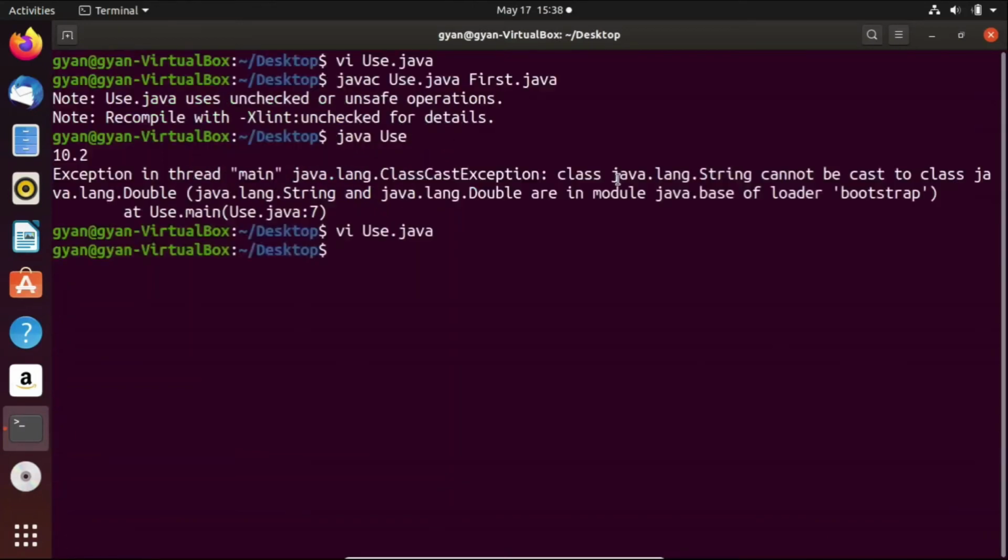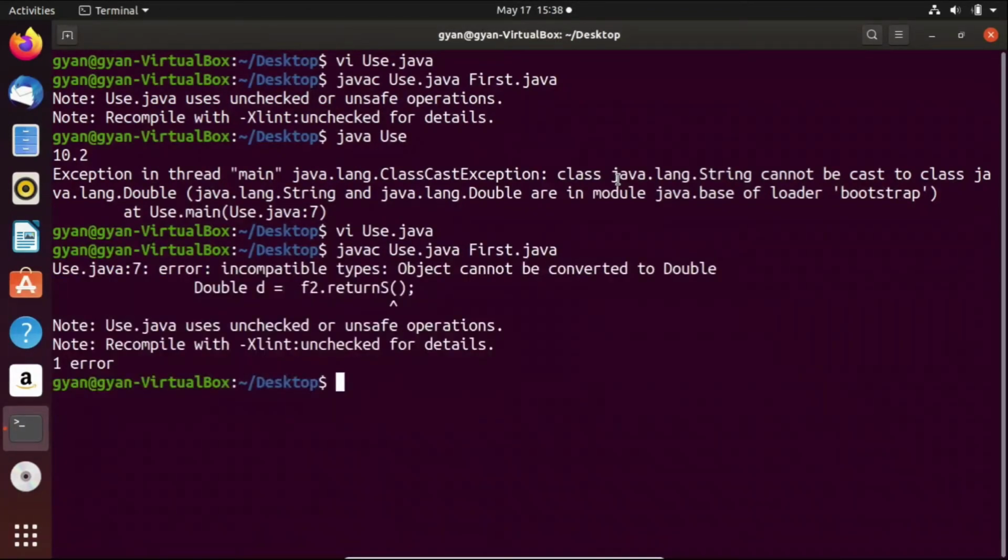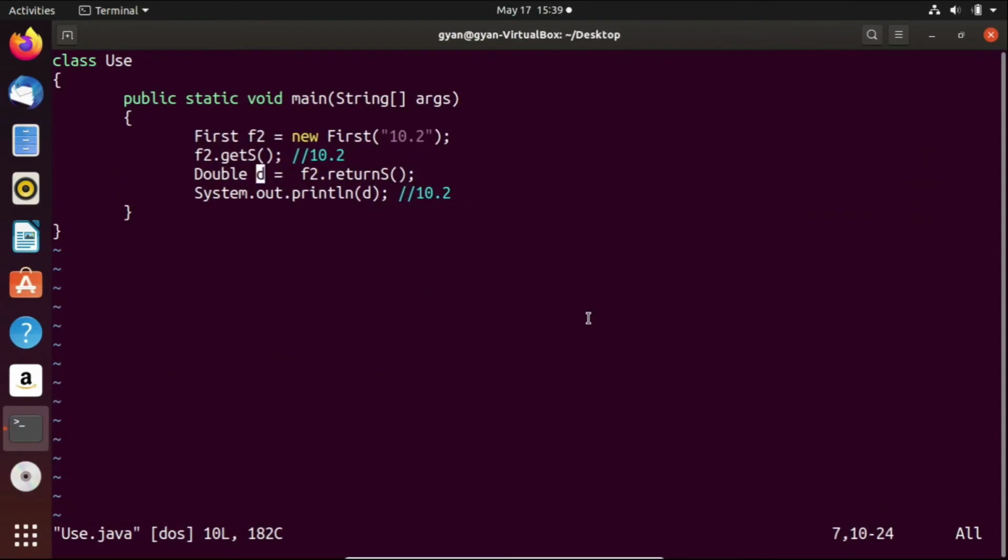Try to compile this code, javac use.java first.java, and the compiler throws an error: incompatible types, Object cannot be converted to double. So if you are using raw object creation for the generic class, then you need to typecast.